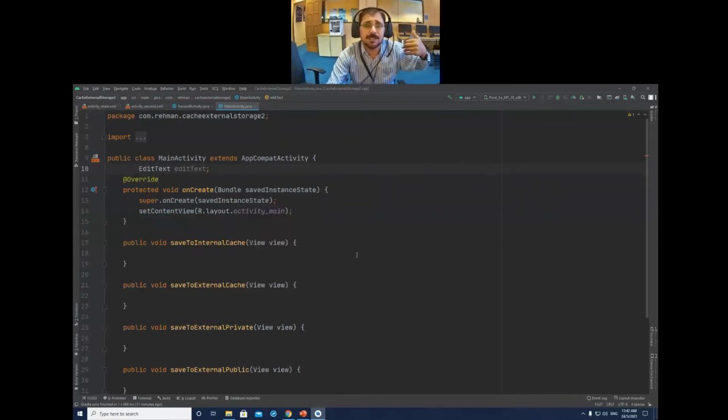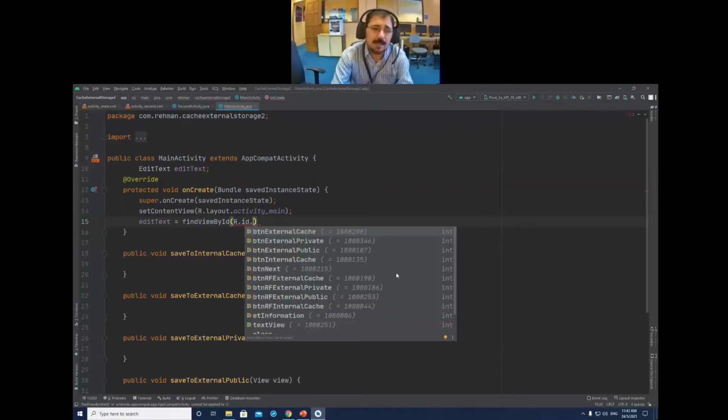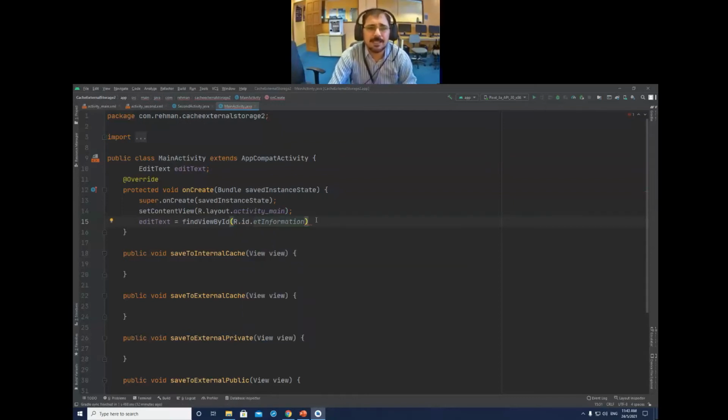If you want to access it outside, then it should be in the global scope. So here edit text equals findViewById R.id.et_information, edit text information.